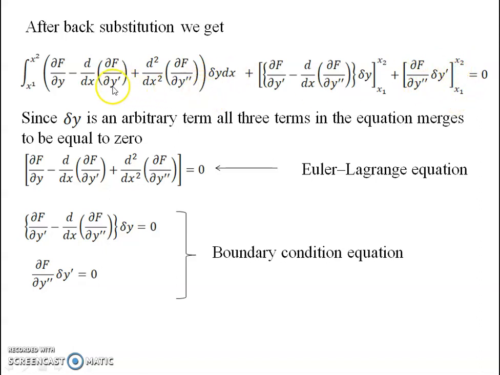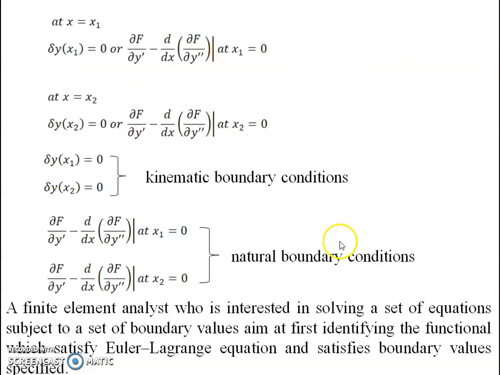What I have done is taken second order terms on one side, first order terms on one side, and the initial stage problem on one side. So I have got three different equations. If I collect these three equations separately, the first component will lead to the Euler-Lagrange equation, whereas the other two equations are going to show us the boundary condition equations. Any variational problem, first you have to know about the Euler-Lagrange solution for that equation, and second, you should be aware of what boundary conditions are available.